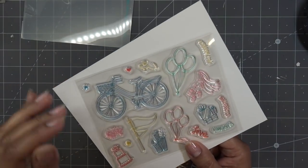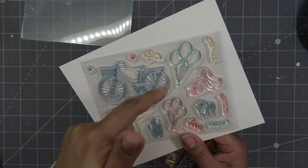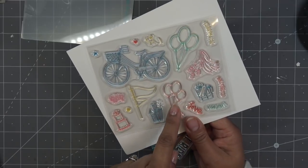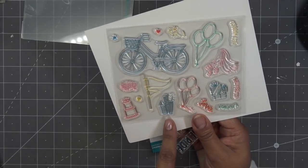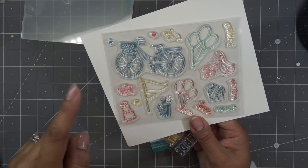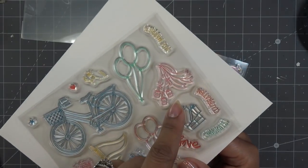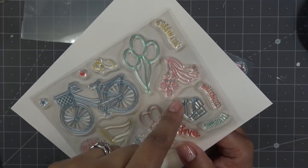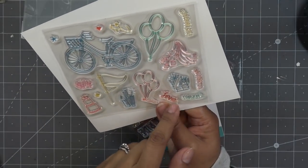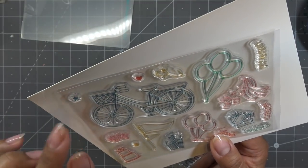So we have our little bike, again, Enjoy the Ride. It has balloons. Oh, so cute. You can put a little flag or pennants, banner, however you like that. A different set of balloons here. This one has like little fireworks. That would be really cute to put in your basket. We have a cake. We have gifts. Oh, it looks like little cans and stuff like you would tie when someone gets married. How cute is that? Just married, celebration, congrats, love, little flowers, lots of sweet little happy faces, little stars, hearts,